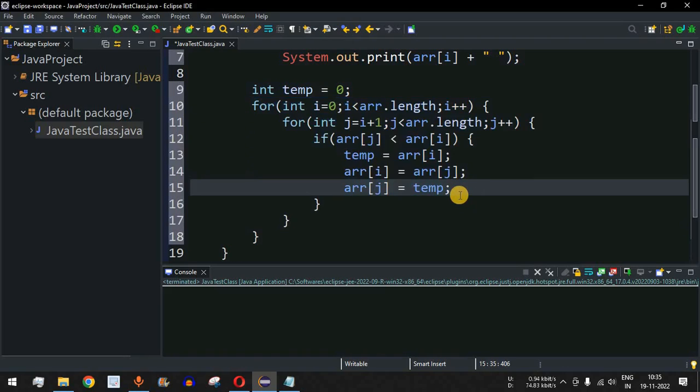Guys, this is not one of the most optimum ways to sort the array. It does the job of sorting the array when you are having a small number of elements in your array. In the upcoming videos, we are going to see the optimum ways to sort the arrays in the